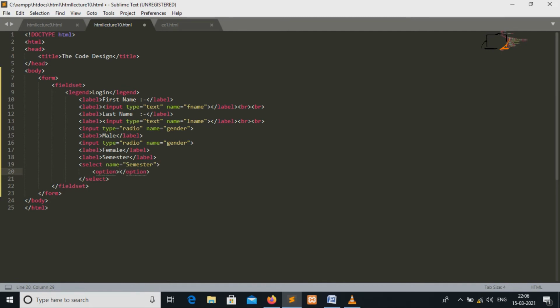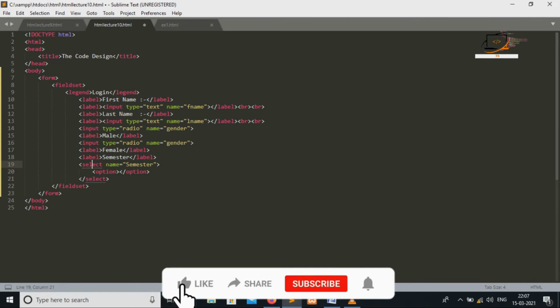Here in the select we use selecting the multiple option from the list, and one of them we choose from that list. So here select tag are used for list, choosing one item from the list. So here firstly we define select the name of which we use in the selection. So here semester should be the name, and now option in the list.